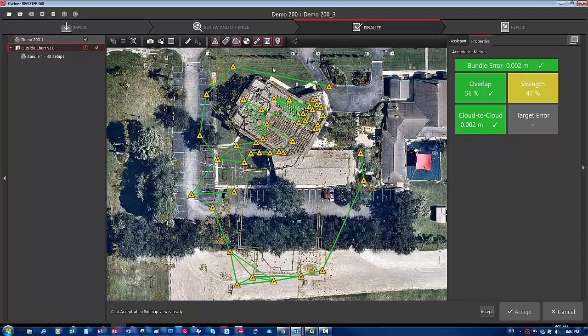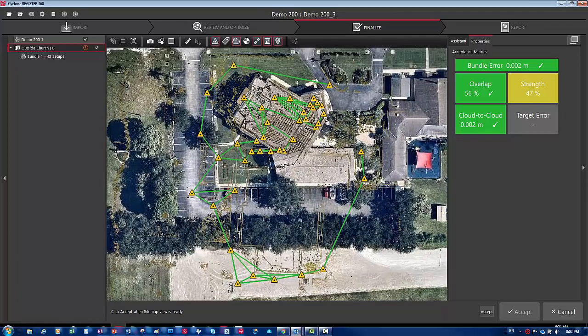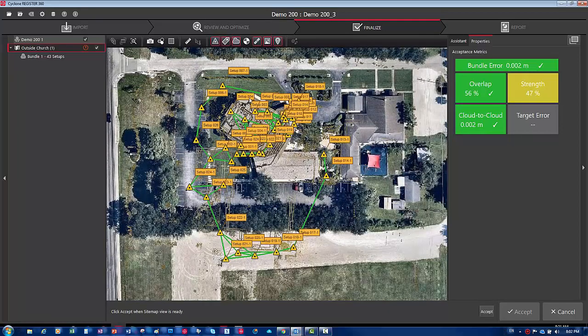I did want to go ahead and show you that in this last step, we call it finalize because this is your last step to look at your bundle errors and also to set your view. This is the view for the report, right? So we want to adjust the view. Maybe we want to turn on the labels for the setup of the report. Maybe we don't want the background image on. Maybe we do, right? And this all leads to the picture that you want to end up in the report in the end, okay? And so I can go ahead and accept this here. And so I've accepted the view, and I want to go ahead and then advance to the next step,